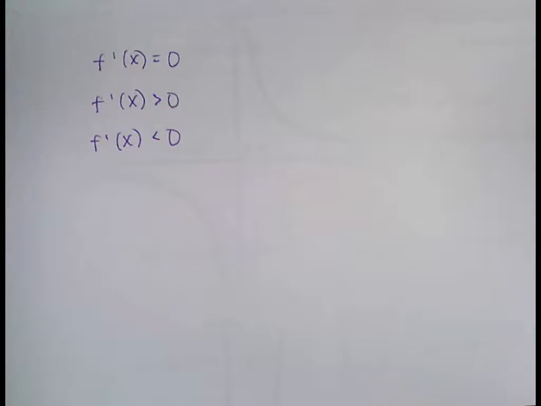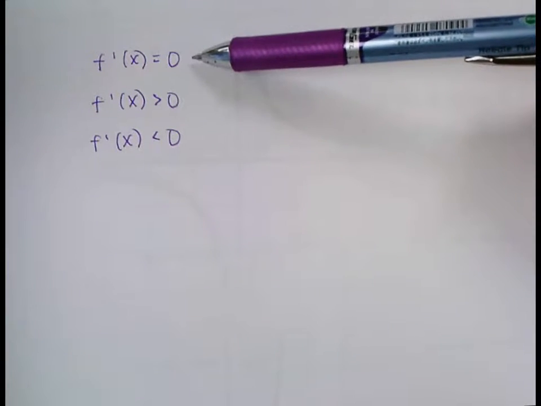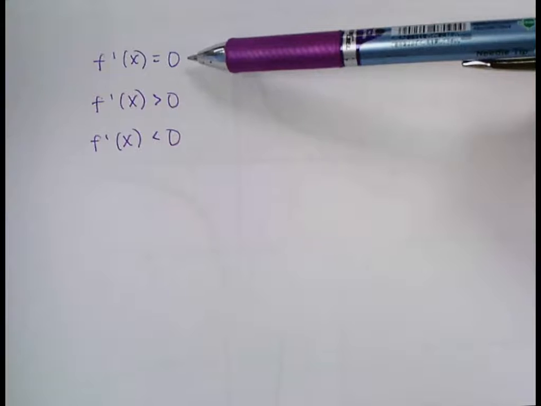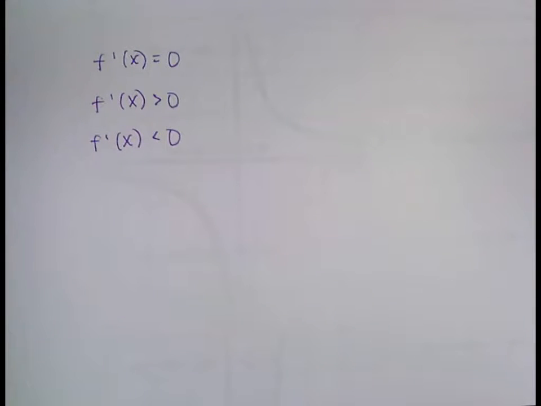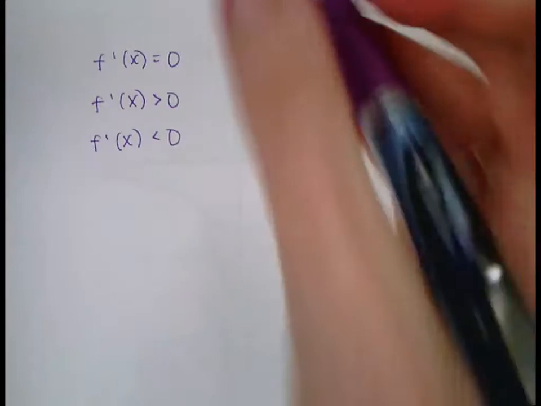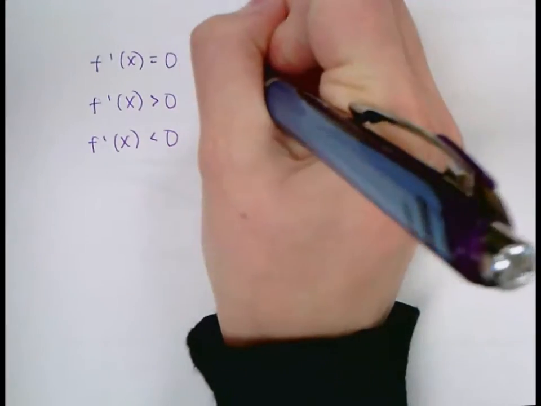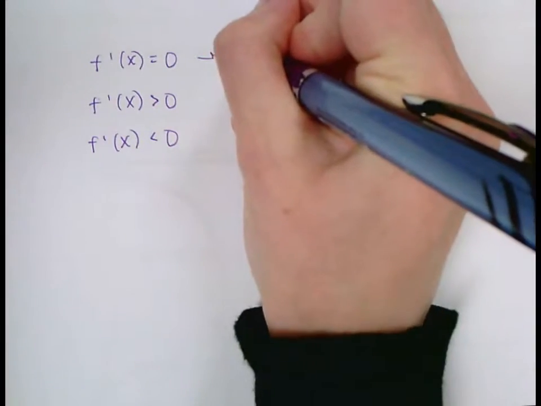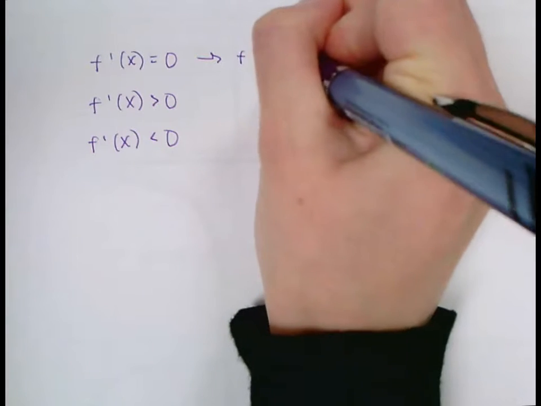So say you are given the graph of a function f. How will you know where the derivative f prime is equal to 0, or if the derivative f prime is equal to 0? So what has to be true on the graph of f in order for the derivative to equal 0? A horizontal tangent. So f prime will be 0,